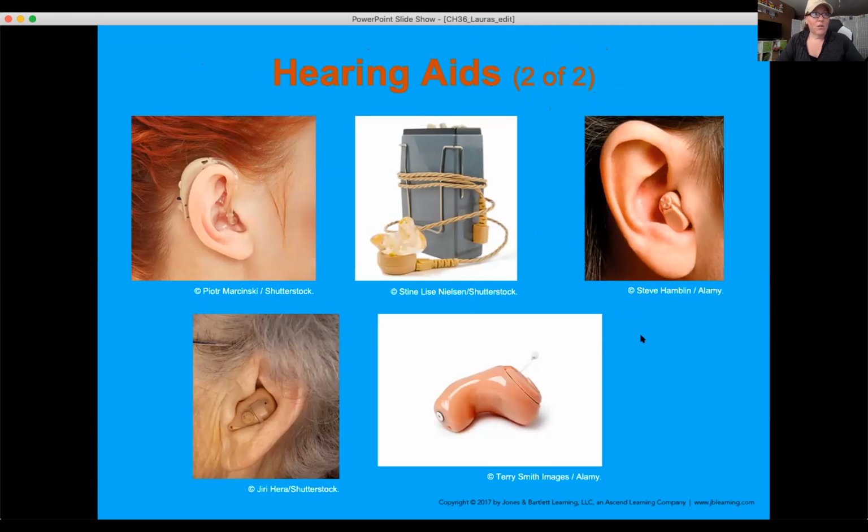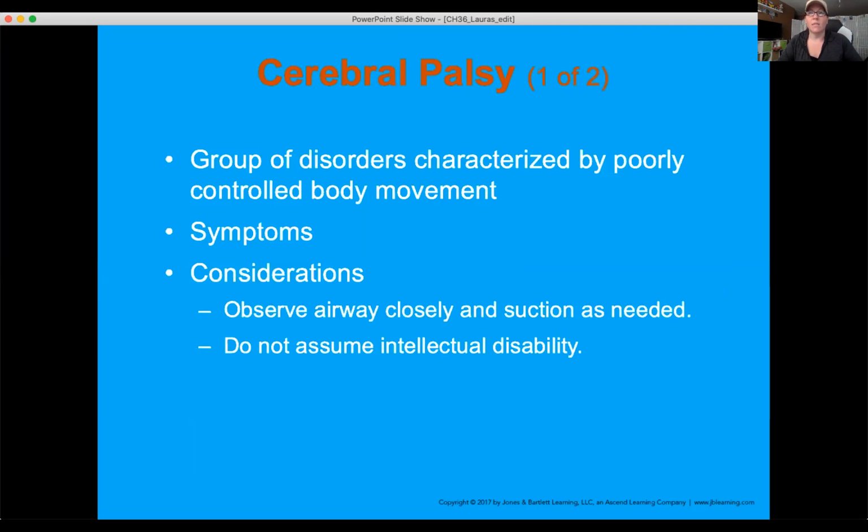Make sure that you're documenting, again, that they have a hearing aid with them and that it's the right one. If it's making a high-pitched buzzing noise, there's a good chance the patient can't hear it, but we all can. That often means that their volume is up too high or it's not inserted all the way into their ear properly. All right, cerebral palsy.